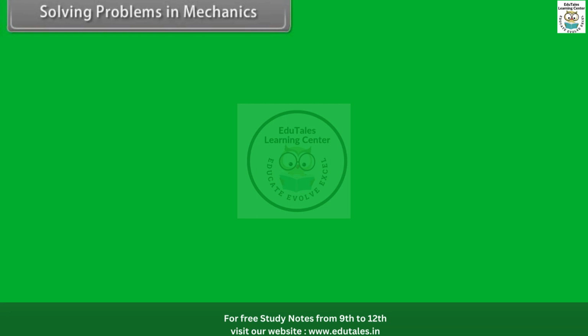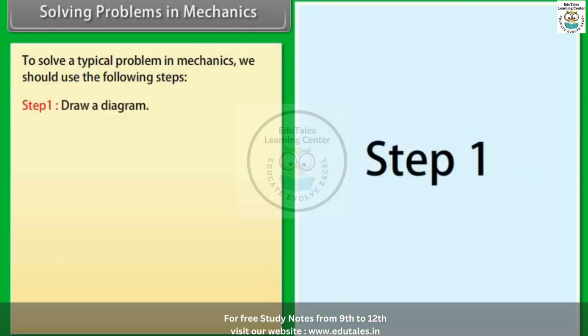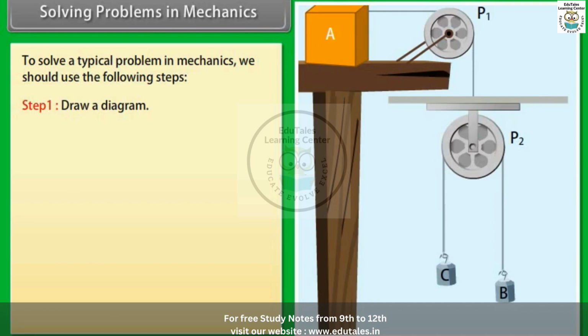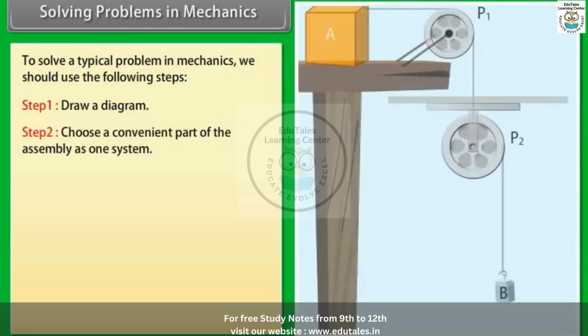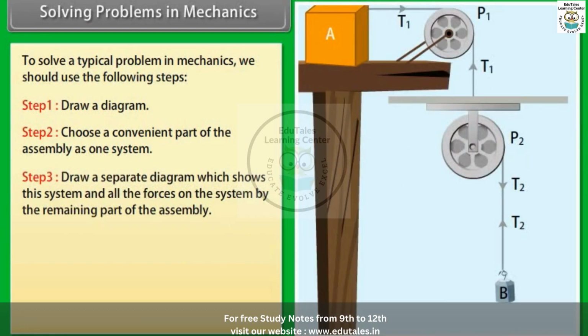Solving problems in mechanics. To solve a typical problem in mechanics, we should use the following steps. Step 1. Draw a diagram. Step 2. Choose a convenient part of the assembly as one system. Step 3. Draw a separate diagram which shows this system and all the forces on the system by the remaining